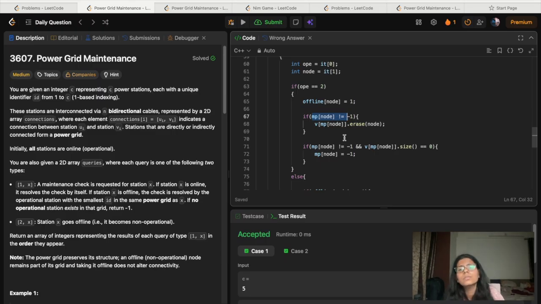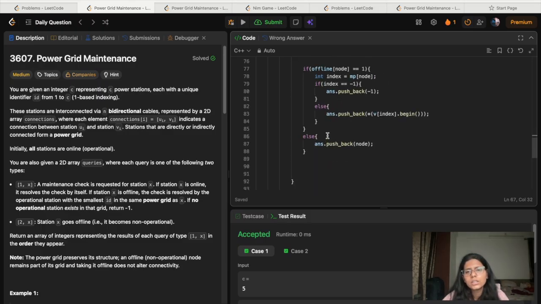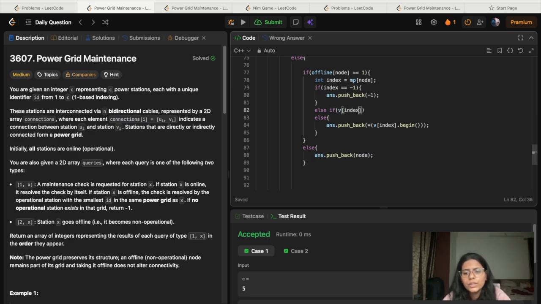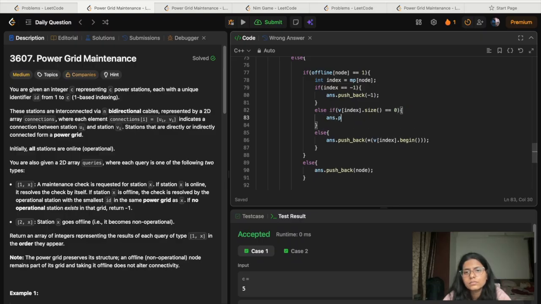I think from somewhere it is taking a 0 element. So what I can do here, else if at that index dot size is equal to 0, then just push back answer push back -1.